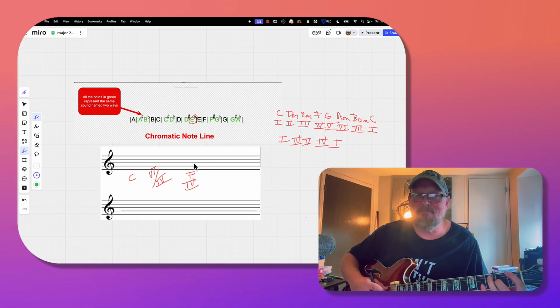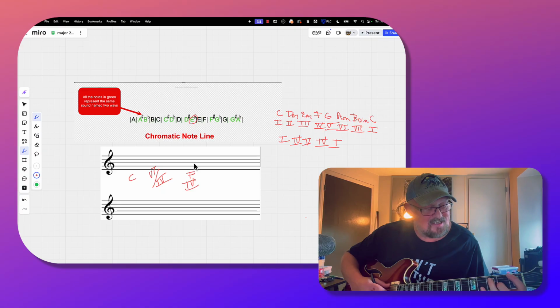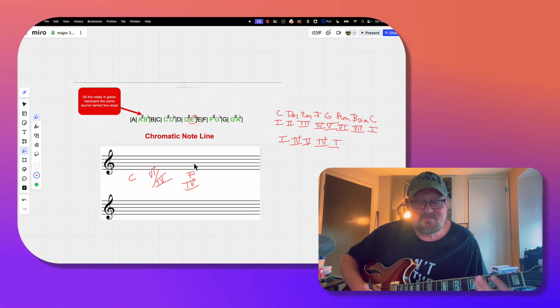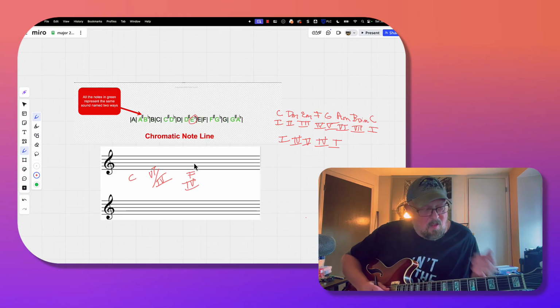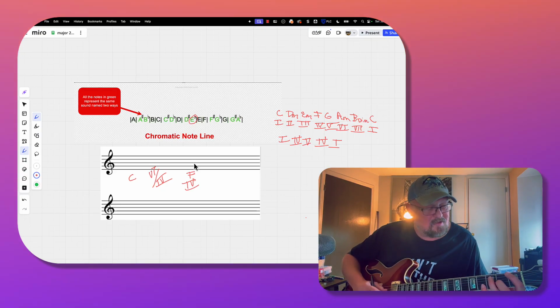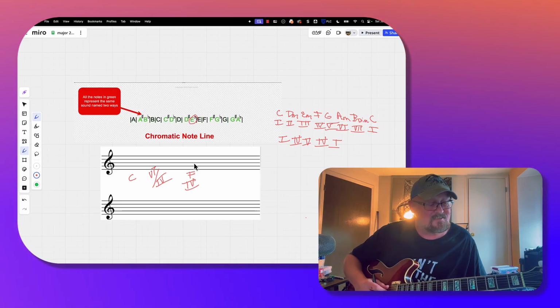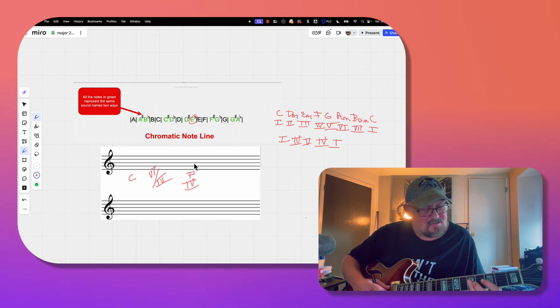And it sets up that pool, sets up that secondary dominance. So you can have 5, 7 of 4. You can have 5, 7 of 5. You can have 5, 7 of the dominant. So if I'm in C,